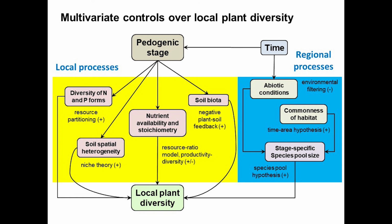This could be the diversity of nutrient forms, for example. So plants perhaps share a limiting resource by using different forms of it, for example, perhaps using different forms of organic phosphorus in soils. Perhaps spatial heterogeneity increases as soils get older, and so there are more niches to support a greater diversity of plant species on older soils. So all these things acting at local scales have been hypothesized to be important in driving patterns of diversity along resource gradients. But there are also a bunch of processes which we call regional processes,